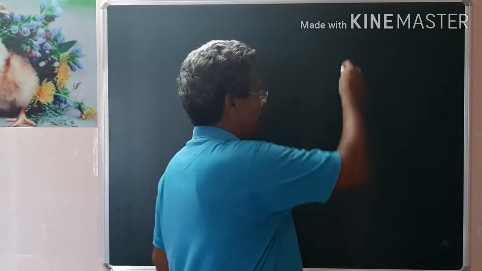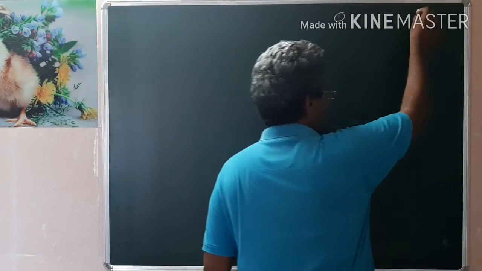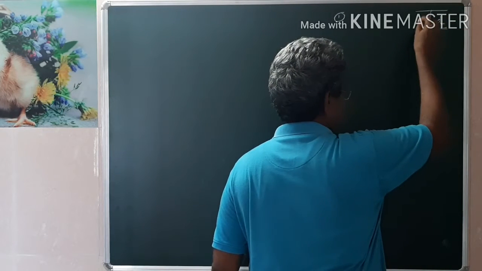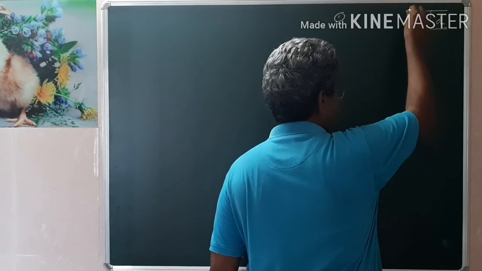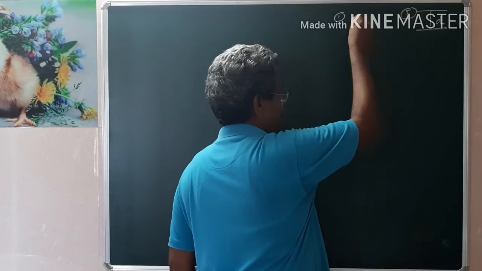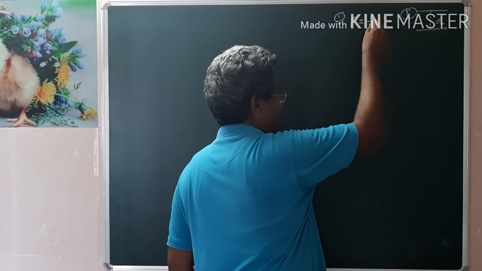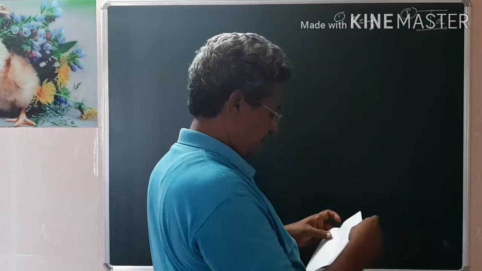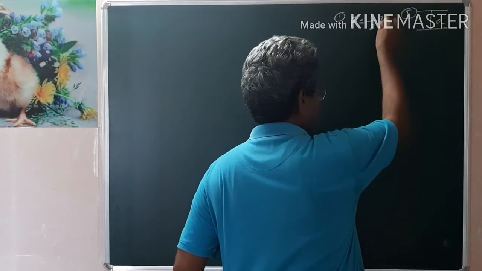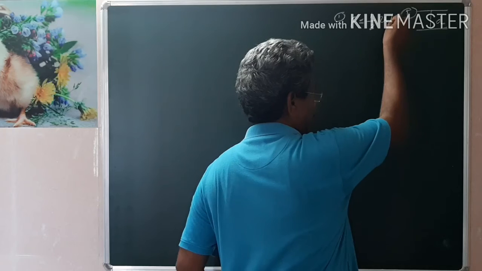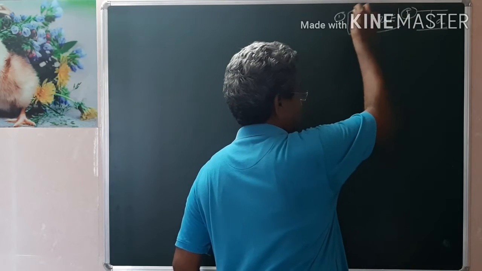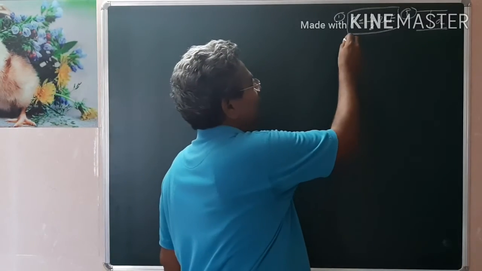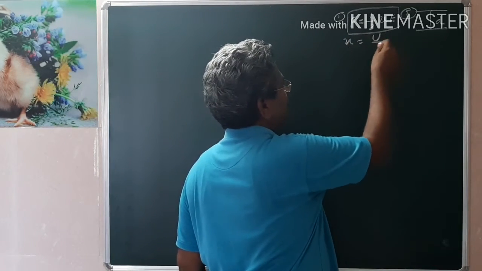I used to solve one problem given in the book. Between the two parallel plates, let D be the distance between them. They are asking what is the force acting on each plate, or to prove that the force acting on each plate is equal to 1/2 of energy per unit volume U in terms of electric field E. This is the question you have been asked to prove. Here U is not energy, this is energy per unit volume.